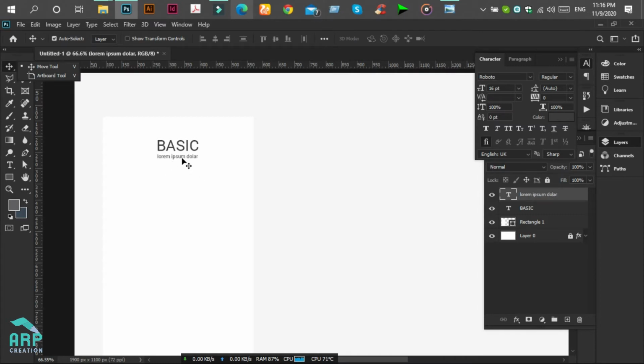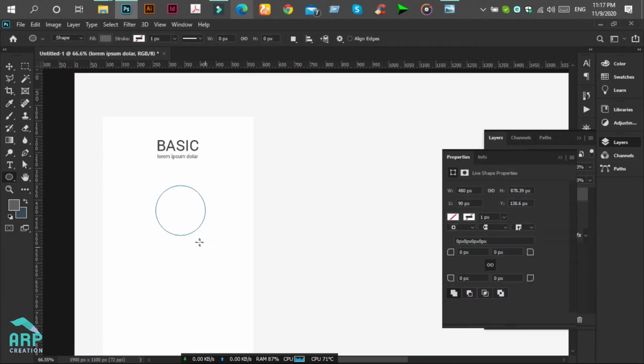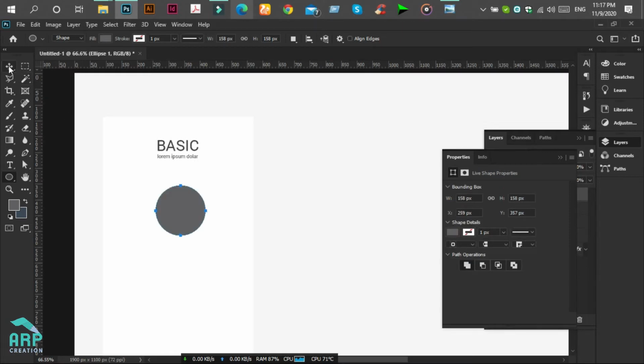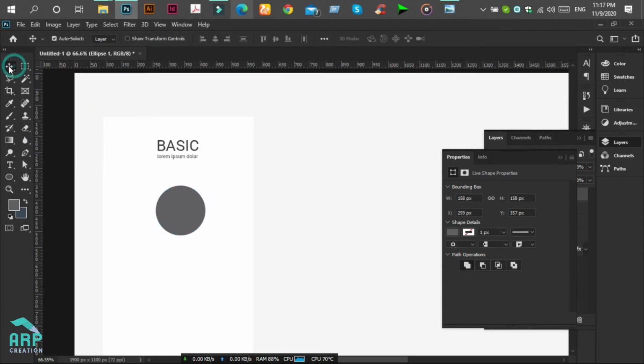Now we will create a custom shape. So choose the ellipse tool, then create an ellipse. Now choose the pen tool.